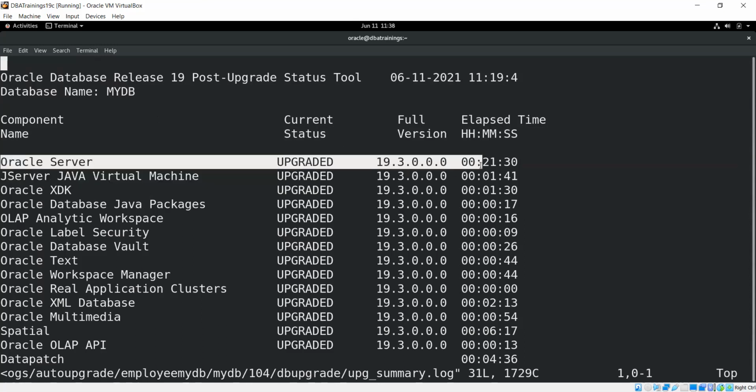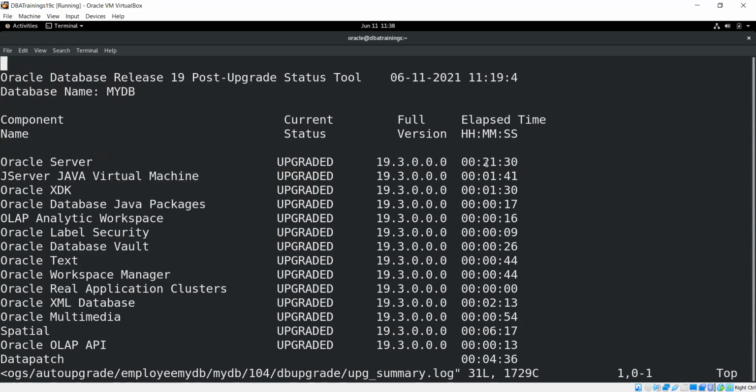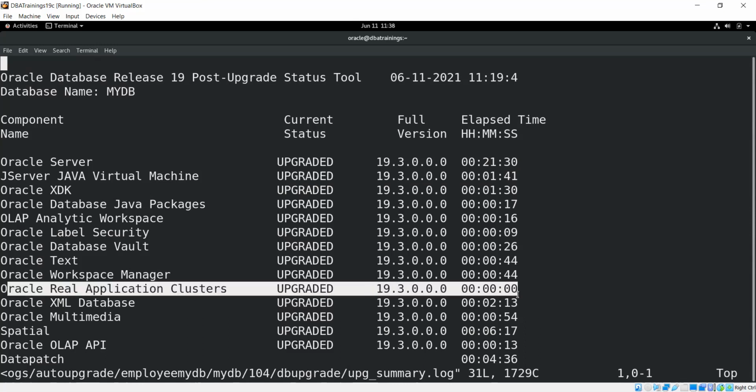Oracle server upgraded to 19.3, Java virtual machine they have upgraded to 19.3, and how much time they have taken for which task, that you can see. The database package, analytics, security, database vault, text, workspace. Of course, we are not using RAC in this demo, so you can see here they have not taken the time.